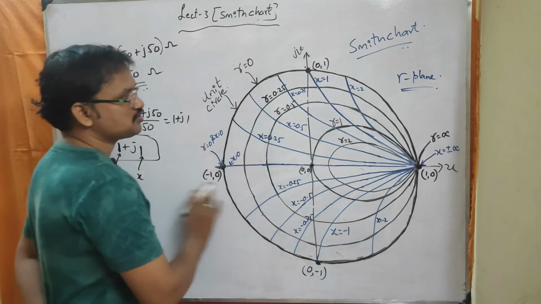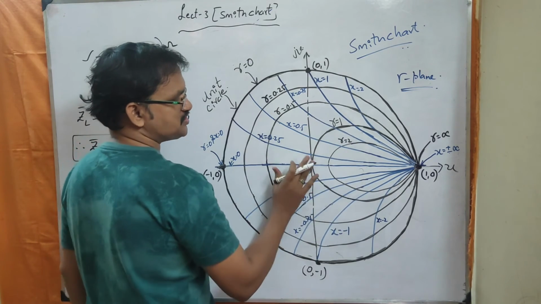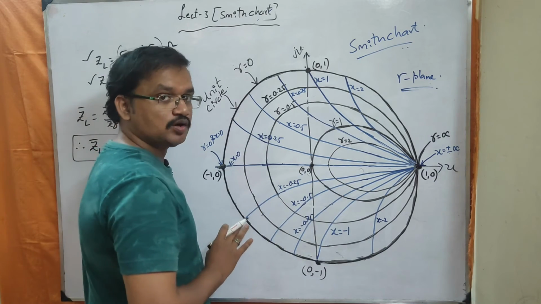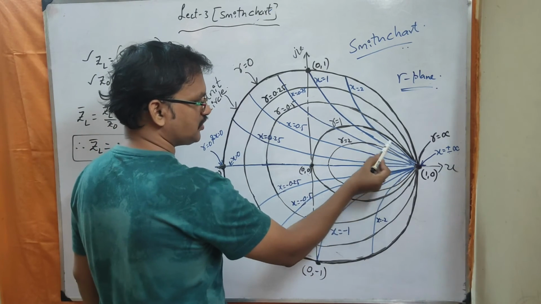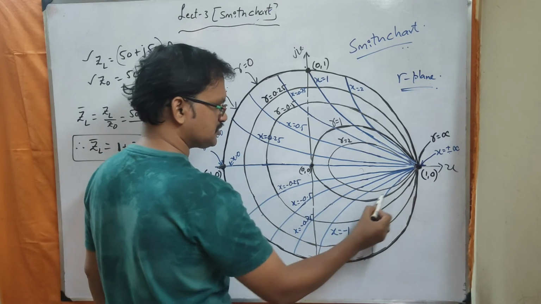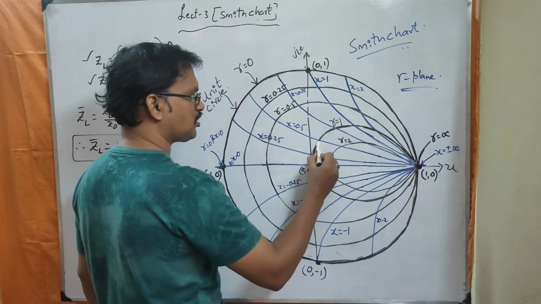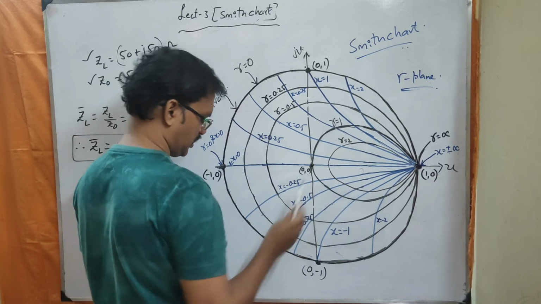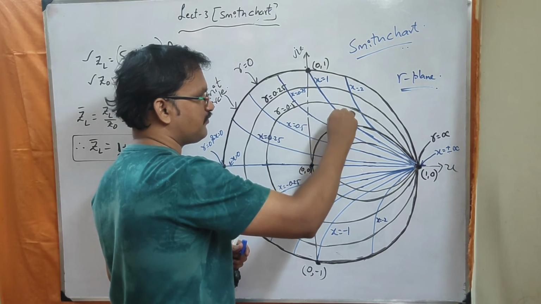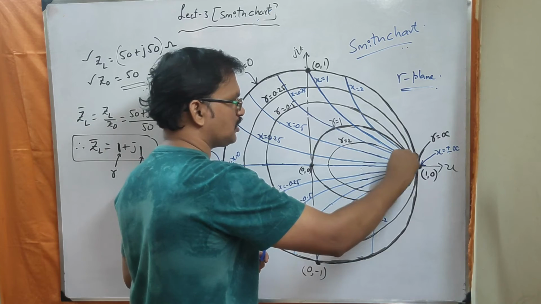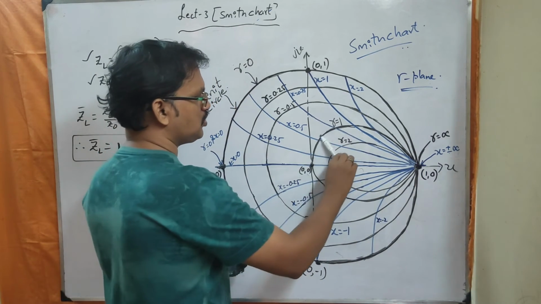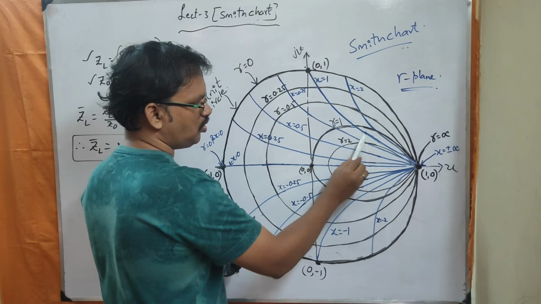Yes or no? Okay. Now on this Smith chart, see the intersection point of R equal to 1 circle and X equal to 1 circle. Now if you observe this here, this represents what? This represents R equal to 1 circle. And here you are having X equal to 1 circle. Now where these two are intersecting here, this is R equal to 1 circle and this is X equal to 1 circle.